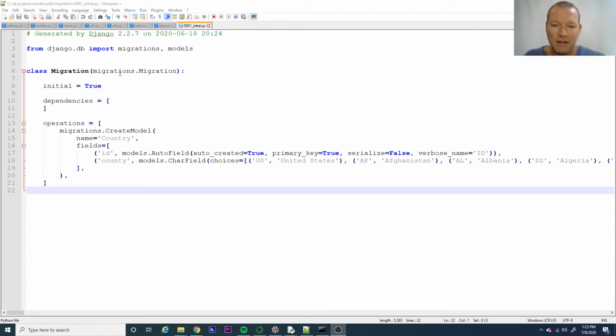Where we left off last time was we ran our makemigrations and we created our 0001_initial.py file, and this is what happens. To remind you, this is just the one part, and migrations only change the database. So makemigrations made the file. There is one step we needed to do